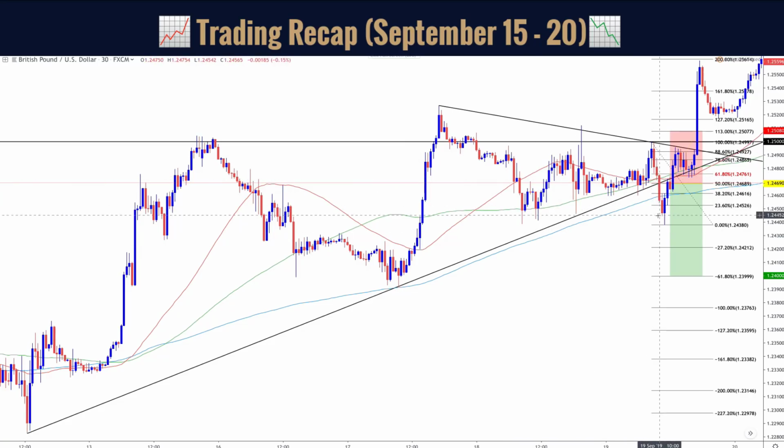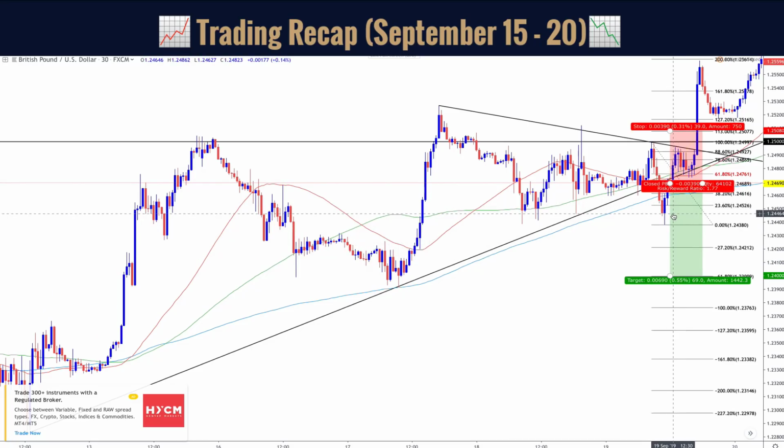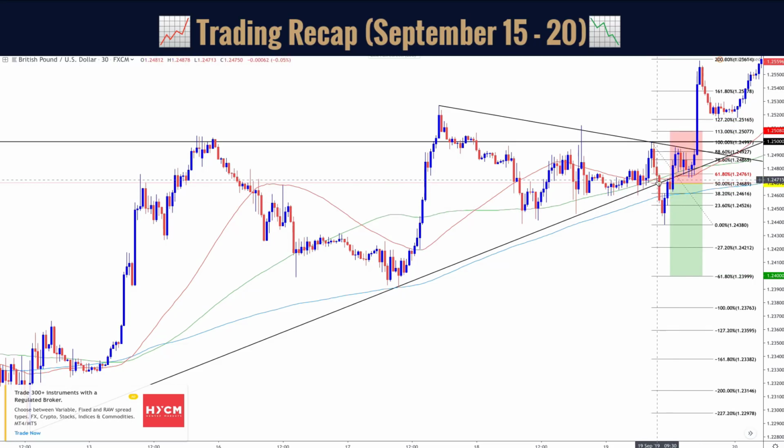So after the break of here, we saw also that these candles were breaking the body of these previous ones, but don't forget that support and resistance are zones. It was actually not a break, it was just a retest of this key support right here, and that's why it bounced. But we would have waited for more confirmation as the previous trade, for a bearish candle, then the trade would have been confirmed. But right here,